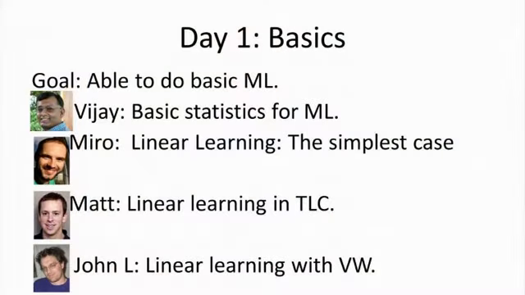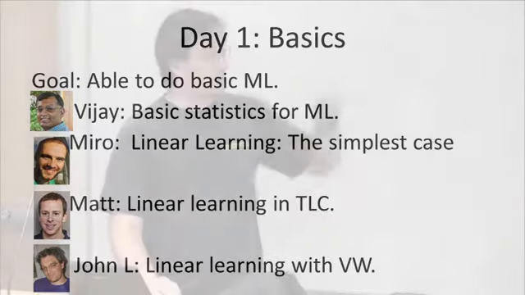Now I'll discuss the class itself. So Vijay, right after me, is going to talk about statistics for machine learning. The first thing that you need to know with machine learning is that you have succeeded. Right? So you need to be able to say, I have succeeded, right? And that's essentially what Vijay's talk is about. So an understanding of basic statistics is necessary to know that you have succeeded, because machine learning is kind of a,